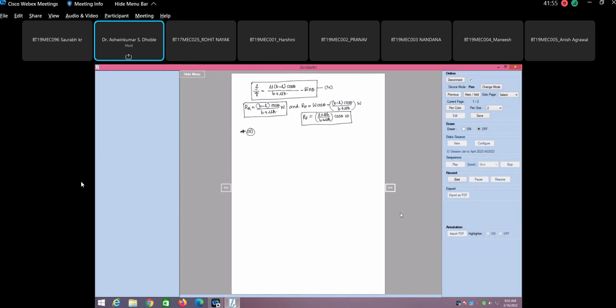So I will write down the final equations. Brakes applied to front wheels only. So you are requested to derive the equation in the similar way. Now here braking force will be only applied to the front wheels. So braking force is applied to